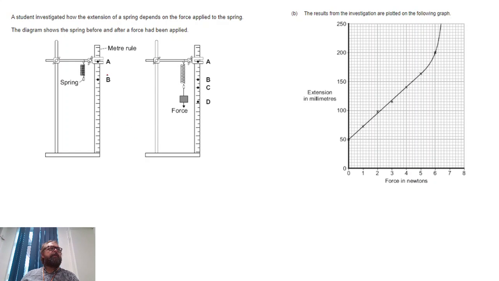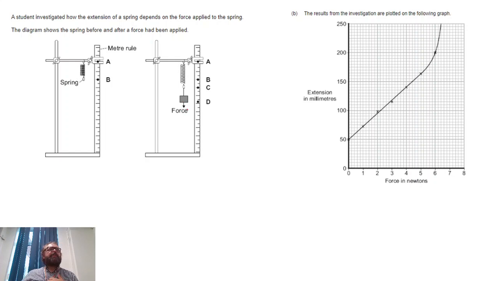Okay, make sure that you can explain how to do this experiment to investigate the effect of changing the force or the load on stretching a spring. We've got some apparatus here. You can see that the spring and the ruler are vertical, that the spring is lining up with point B here, and that point B represents 0 extension. When a force is applied,